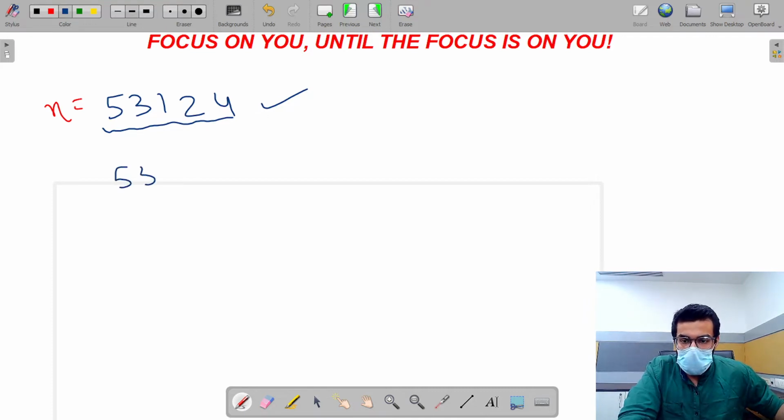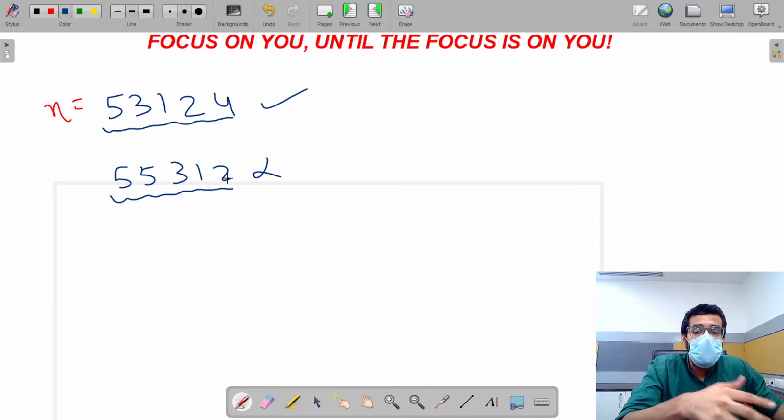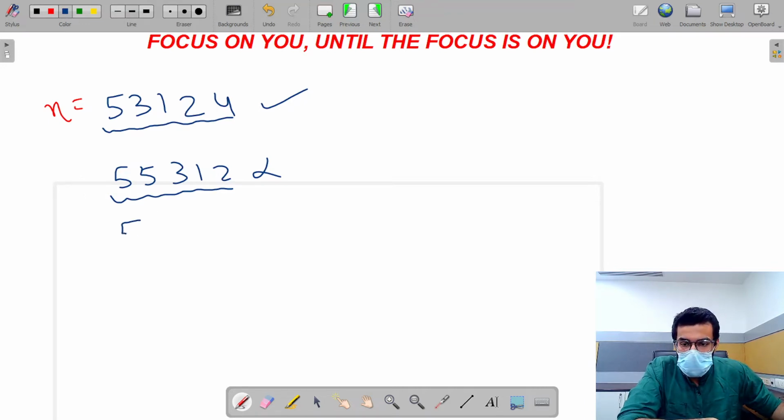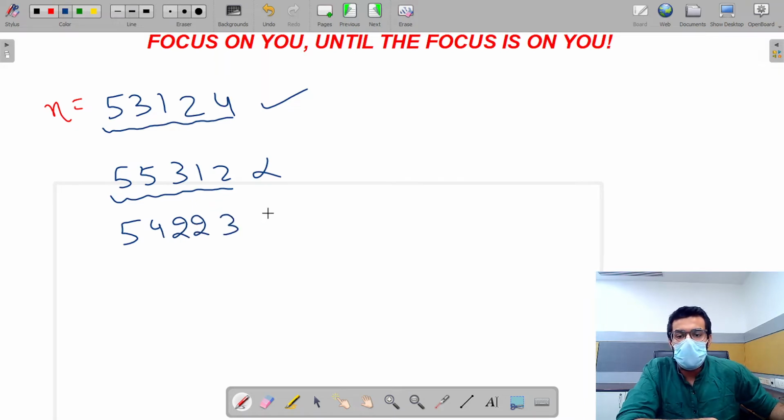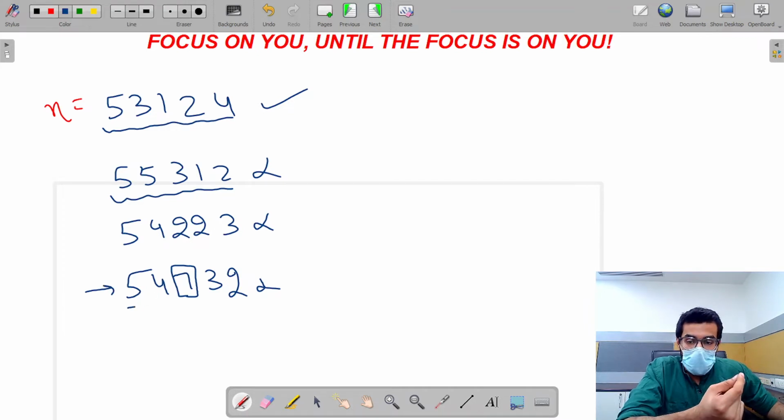Now if I write this, this is an invalid input. The reason is that 2 digits are repeated, and also since this is a 5 digit number, 4 is not a digit over here, so it's invalid. This is also an invalid input. If I write over here, this is invalid as well, and this is also invalid. Although there is no repetition over here, still the digit 1 hasn't come even once in this complete number.